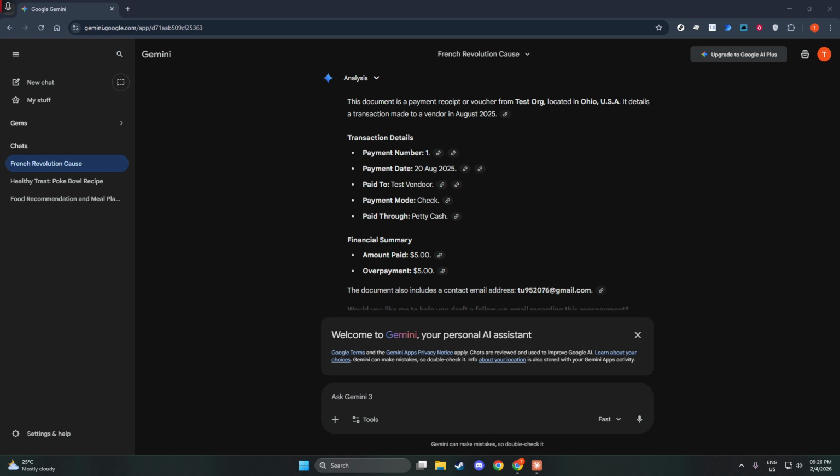Start by heading to gemini.google.com and signing in. You'll use your standard Google account. If the page asks you to confirm permissions or continue, go ahead and do that so you land on the main chat interface. Give the page a moment to load, and make sure you're connected to a stable internet connection